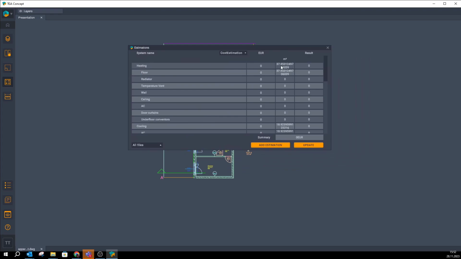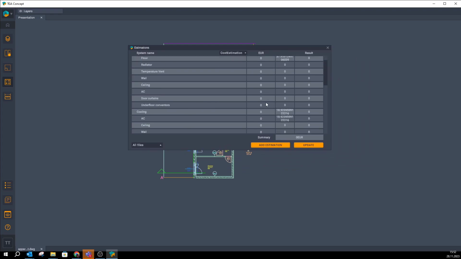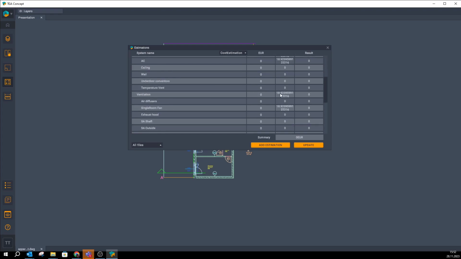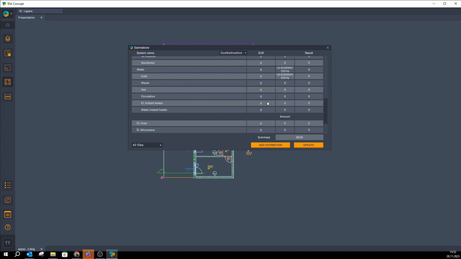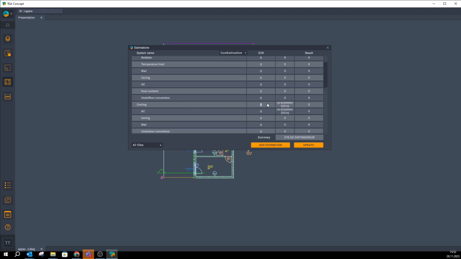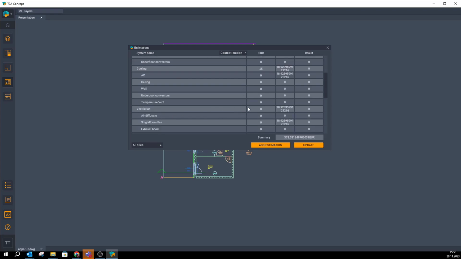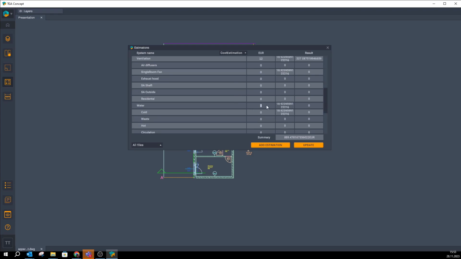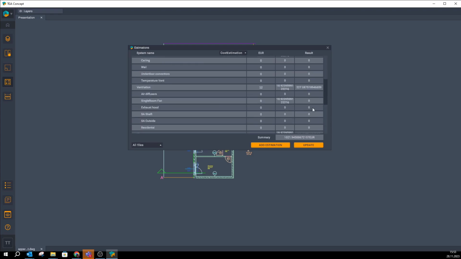So I have 37 square meters heated, everything is heated, I have cooling, I have ventilation, and I have water here. So I can go and add a price for my heating. So let's say 10 euros by square meter, and automatically I get 378 euros for that system. For the cooling, I can add maybe a bit expensive, so 15. For the ventilation, I can add maybe 12, and for the water, I can add maybe 7 or whatever. And here I'll have the value of all the systems, and I'll have a complete value of 1021